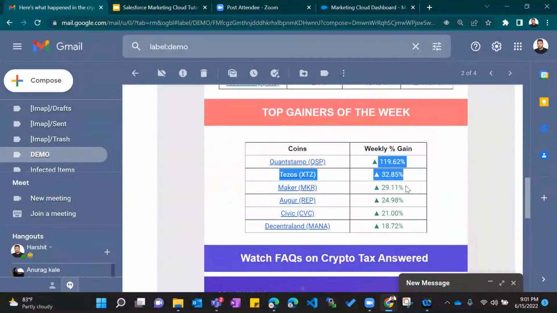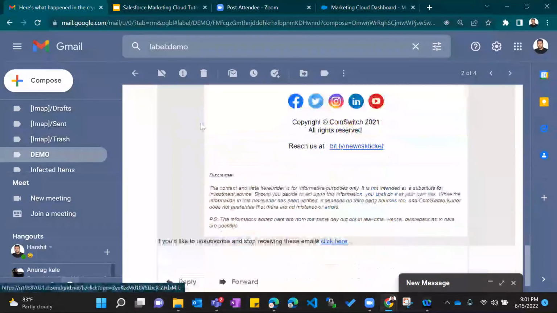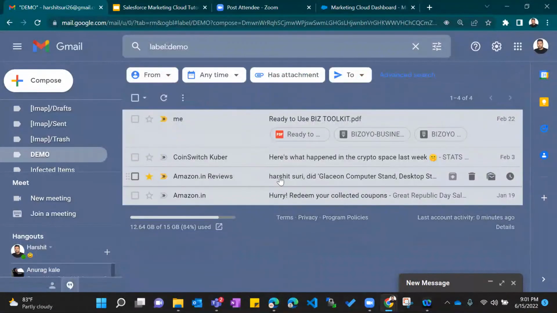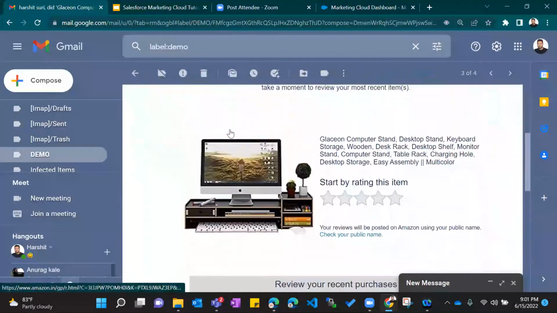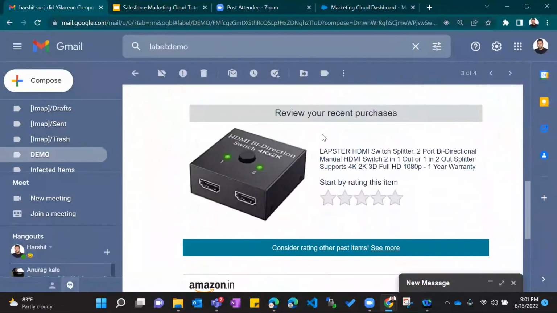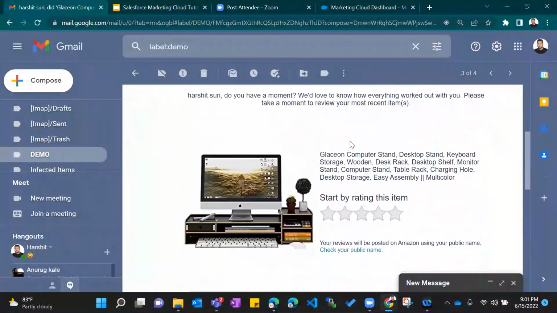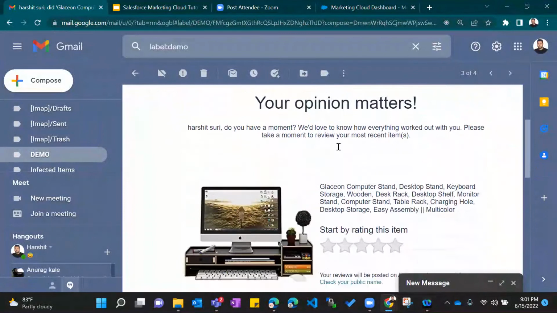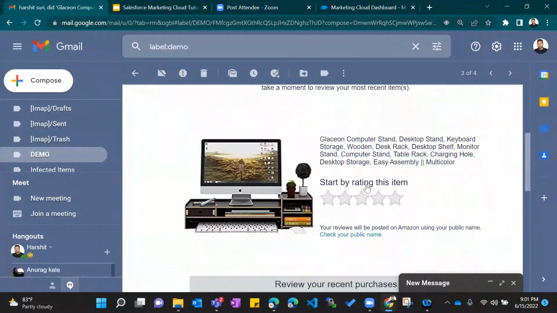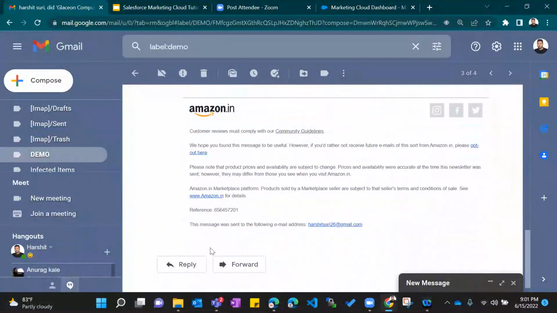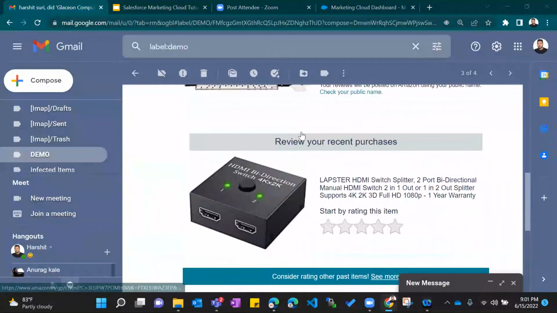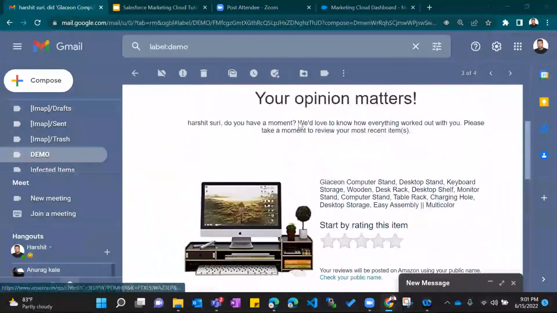You can see here every day I get this email with everyday updates. You can see like this, or you have the other email like Amazon. You can see all these products I have purchased. These are dynamic emails. This email will also be sent to all the customers who have made a purchase in past few days. So guys, every customer will receive a product image and rating email for every product they purchase from Amazon.